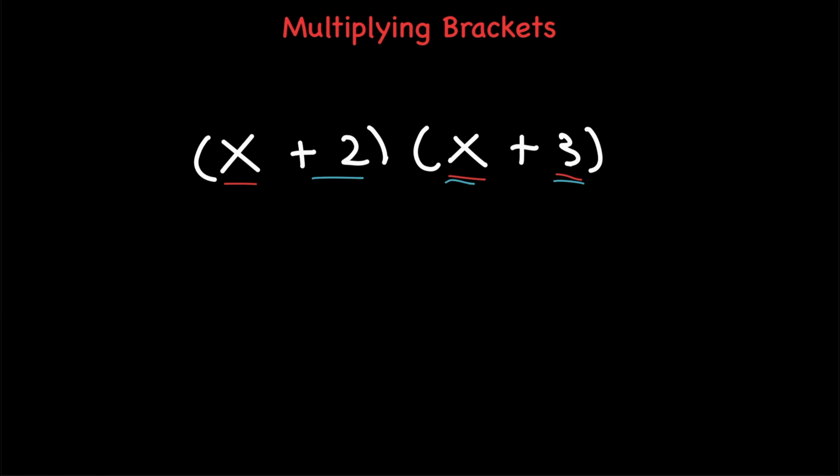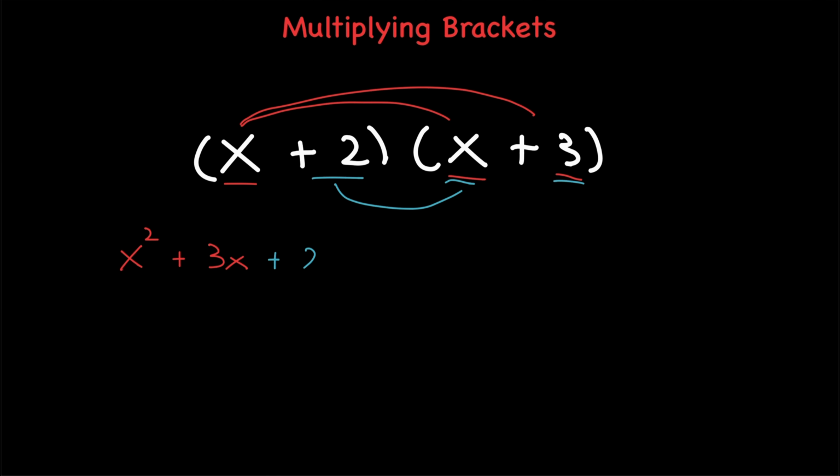And so what this becomes is x times x, which is x squared, plus x times 3, which is plus 3x, then positive 2 times x, which is plus 2x, and positive 2 times 3, which is plus 6. And this here is the expanded form of those two brackets after they're multiplied together. And we can simplify that one step further into x squared plus 5x